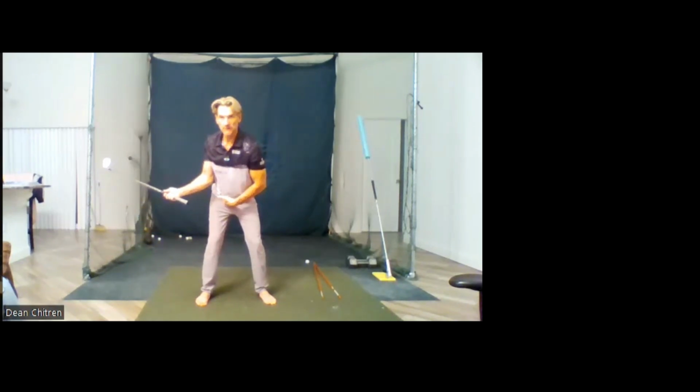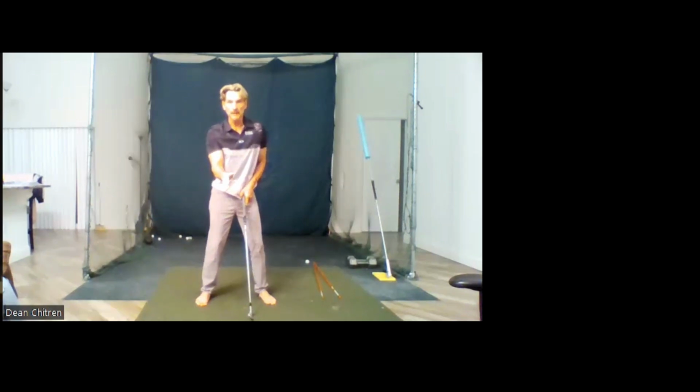There. So I start to feel resistance in my hips. My elbows still back, my triceps connected to my rib cage. And so that's what the right arm does. So you can see the right arm slightly bent, and it's slightly externally rotated. So the hands can turn and roll. So they're going to externally rotate